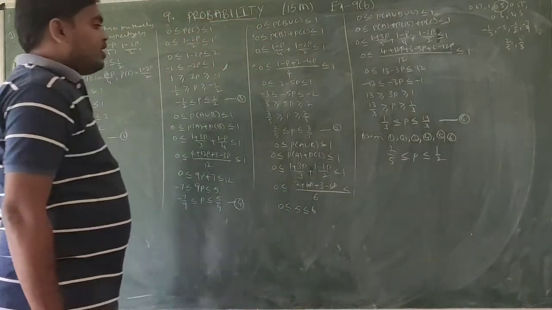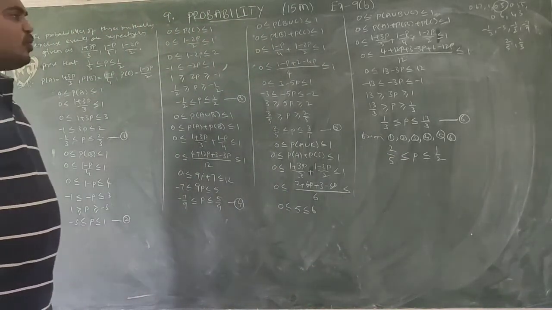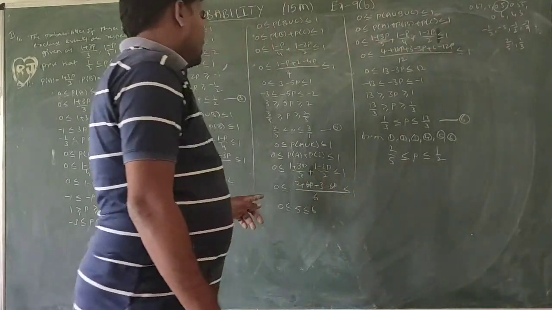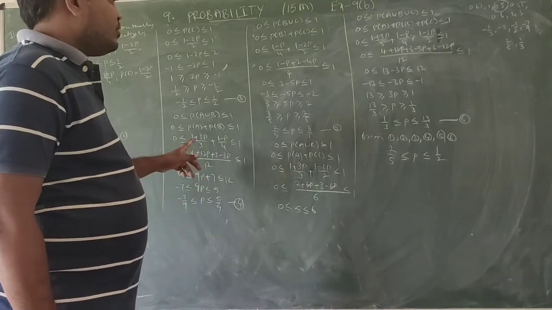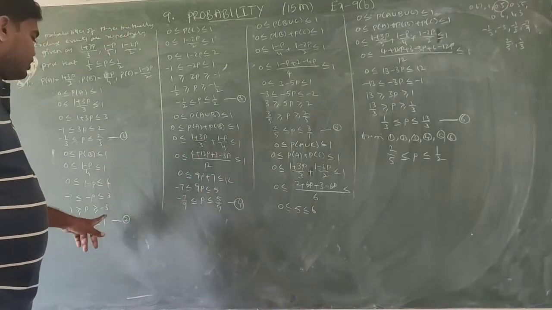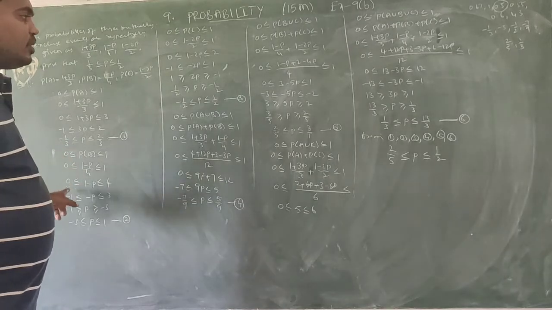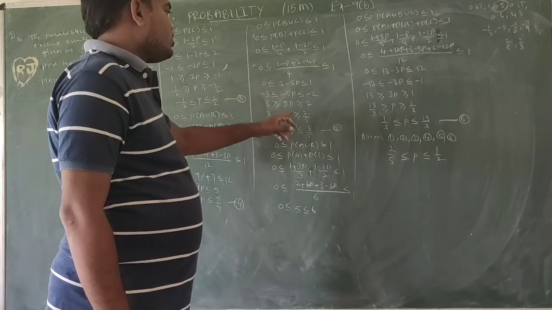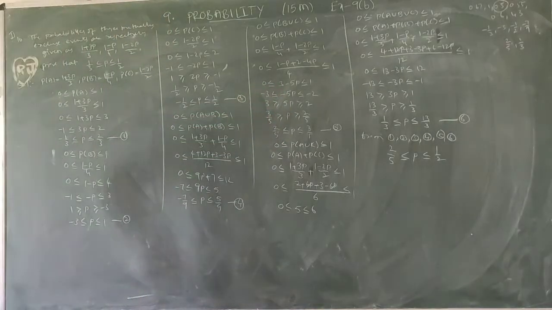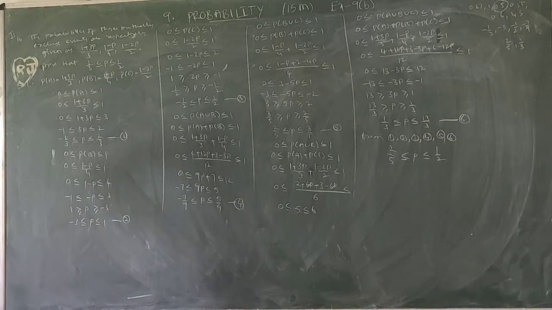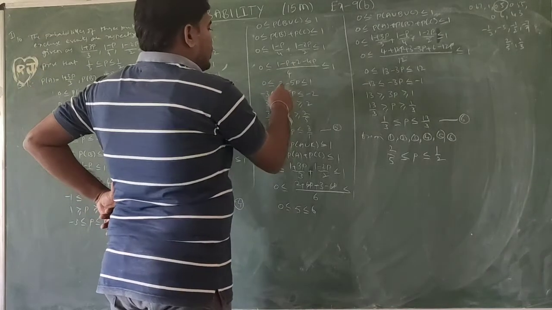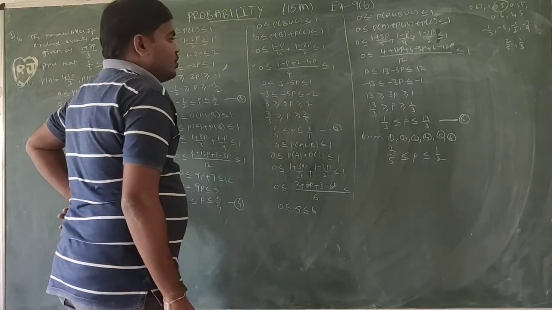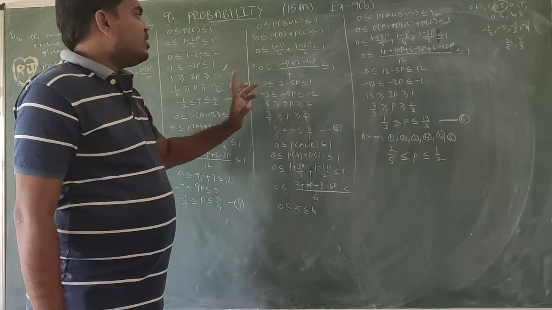So 2 by 5 less than or equal to p less than, so 2 by 5 equal to 0.4. Now I want to see where the 2 by 5 is. First minus 1 by 3. So this is 1 minus 3 equal to minus 2. 2 by 5 less than or equal to p less than or equal to 3 by 5. One more time. 1 plus 2 equal to 3 minus 3. 1 minus 3 equal to minus 2.